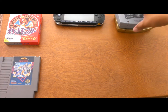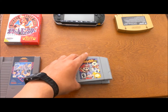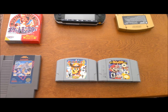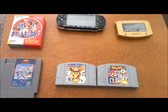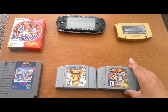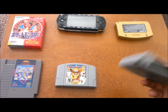So the next 2 are going to count as 1, I guess, number 4. And it's the copies of Super Smash Bros. and Mario Party 2 that I found. Now, I don't have the best luck with finding Mario N64 games out in the wild. When I do find them, they're pretty overpriced. But I'd seen at a local church sale, out of a shoebox, I'd seen this sticking out, and I went